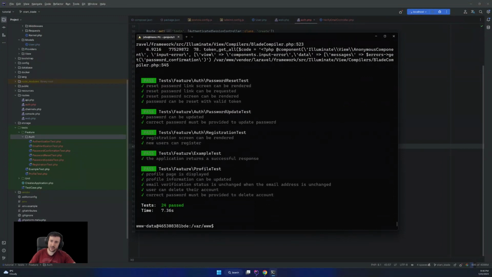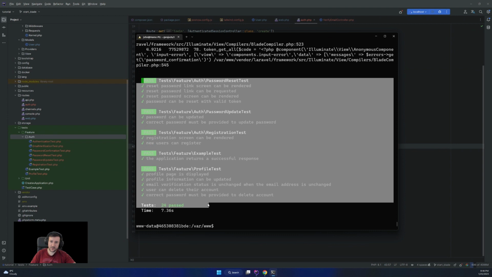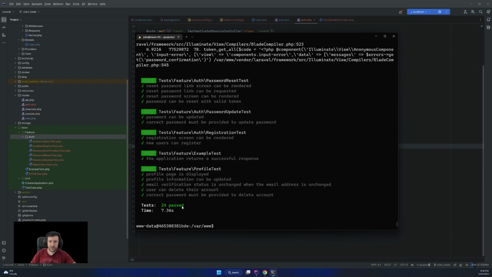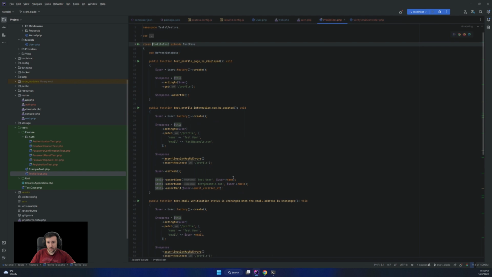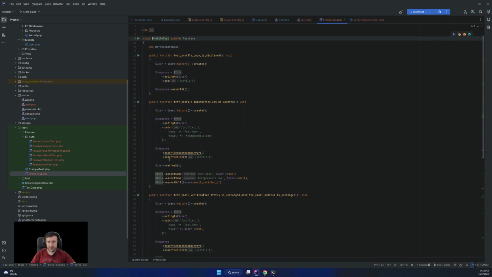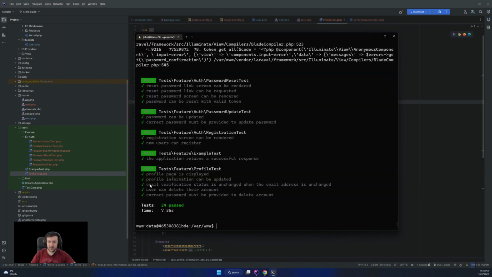It shouldn't output that, but something similar to this. There are 24 tests, and each one has an info. If we open the profile test, for example, we have some assertions and some tests in here, and this is the name of the test, it's what appears in here.